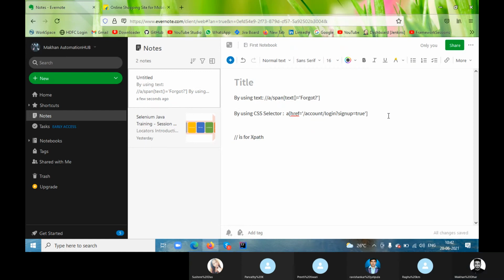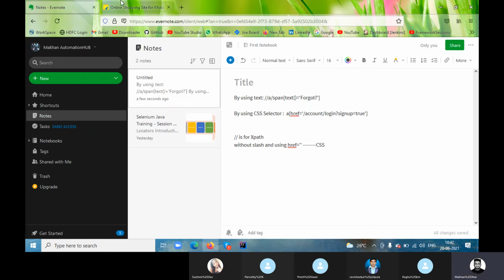Without slash, and using suppose one attribute href, whatever the value is there, then it is CSS.